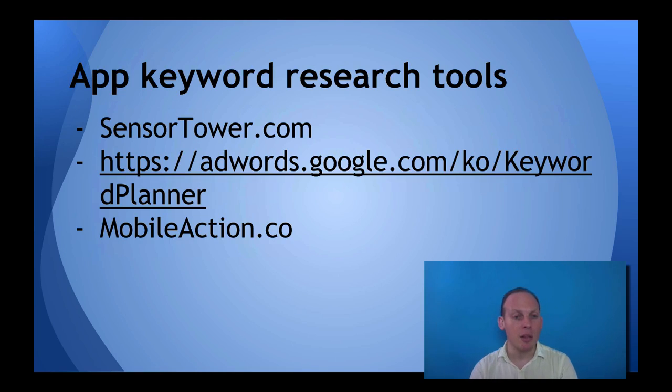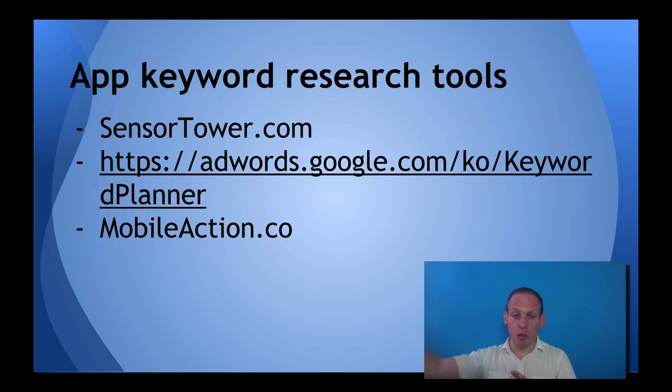And there are a few tools for keyword research. I'll show you them later in the course. I just want to mention that native app keyword tools are Sensor Tower and mobileaction.co. I actually still use Google's keyword planner because they have the real data. Sensor Tower and Mobile Action, they don't actually have data from the mobile app stores, while the Google AdWords tool has actual real data. And what I like to do with it is gauge demand.